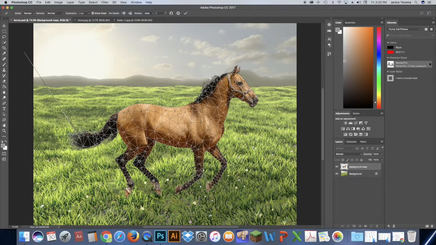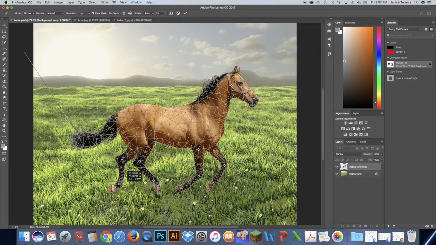And these little pivot points will allow me to move these things around like a puppet. Okay, so with the pivot points, now I can go back and I can drag any one of those points,